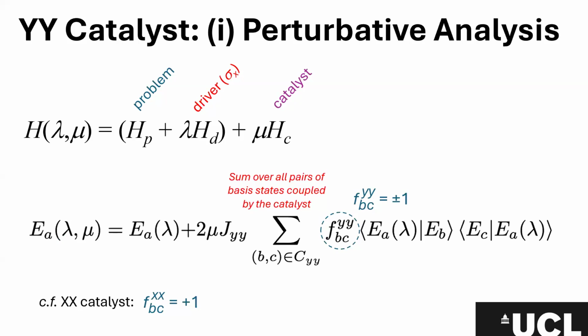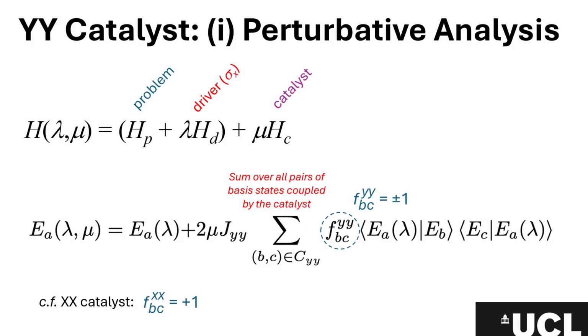So this follows a very similar line of reasoning from what I was saying in the XX interaction case. So we start off by perturbing the problem Hamiltonian with the driver with some amplitude lambda, some perturbative parameter lambda. And then we perturb that combined problem and driver Hamiltonian with this catalyst term HC with a perturbative parameter mu. And it's a very similar sort of analysis, so I'll cut to the chase. You basically have to sum over this interaction here over all pairs of basis states that are coupled by the